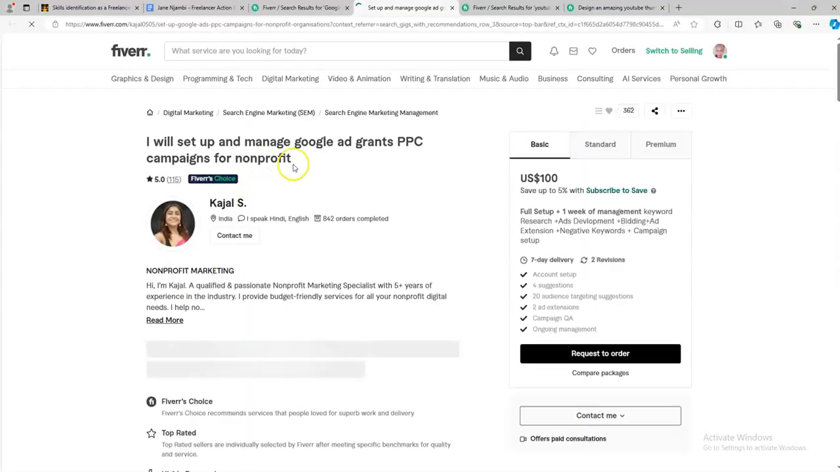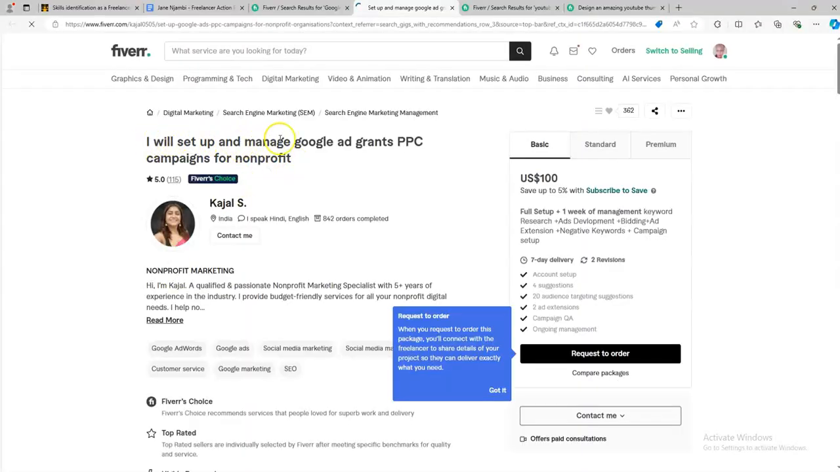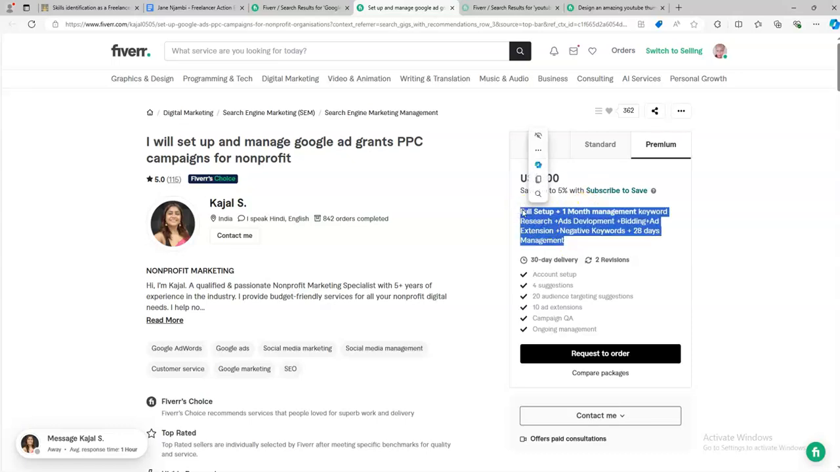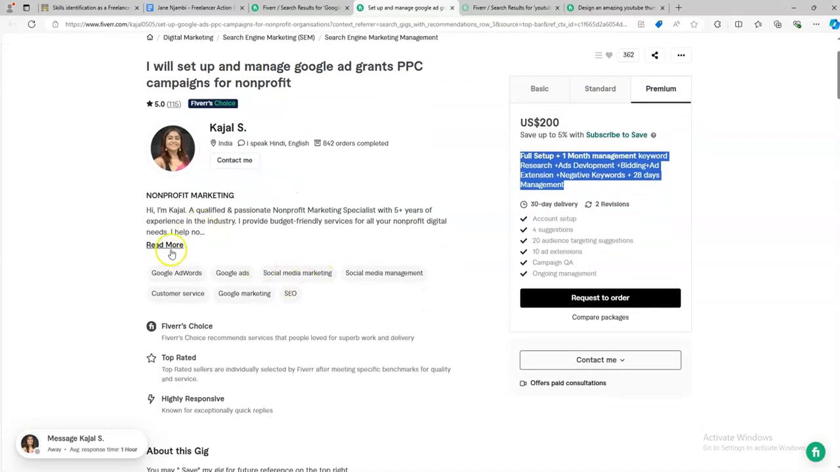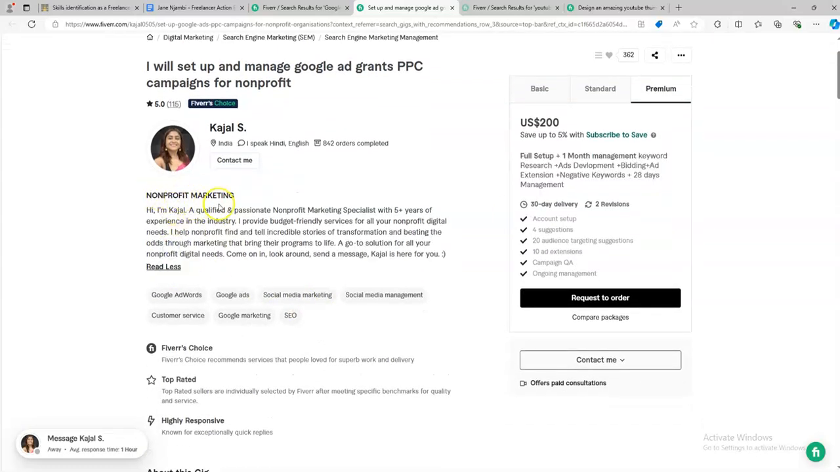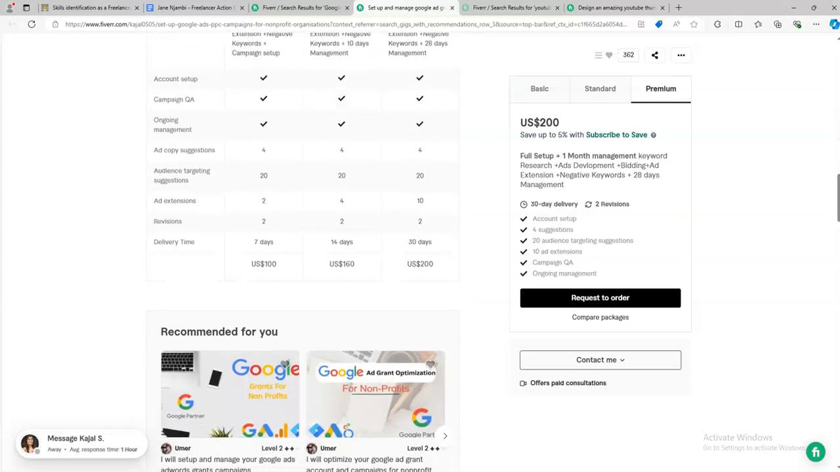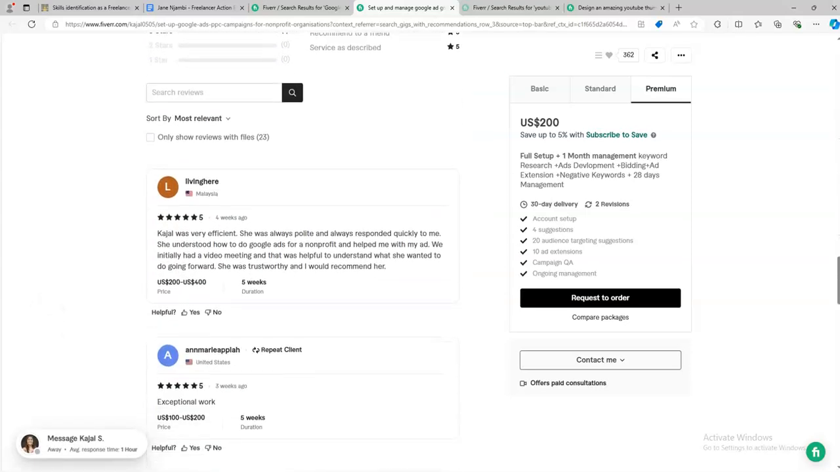Kajal, you will see Kajal is getting clients, and you will be able to see, I will set up and manage your Google Ad Grant PPC campaign for non-profit. You can see how she packages herself. You can see how she does it, how she explains everything here. Okay? And you can see she explains what she does: non-profit marketing. She does Google AdWords. She does social media marketing, but for non-profit. Then you're going to take a look at her